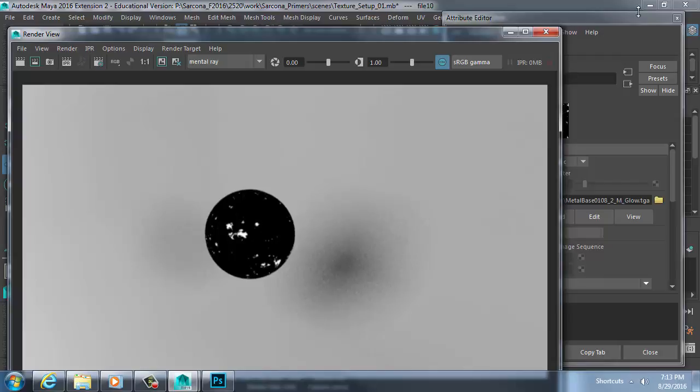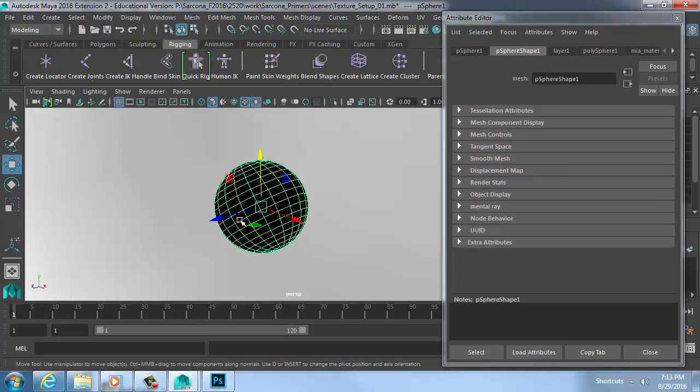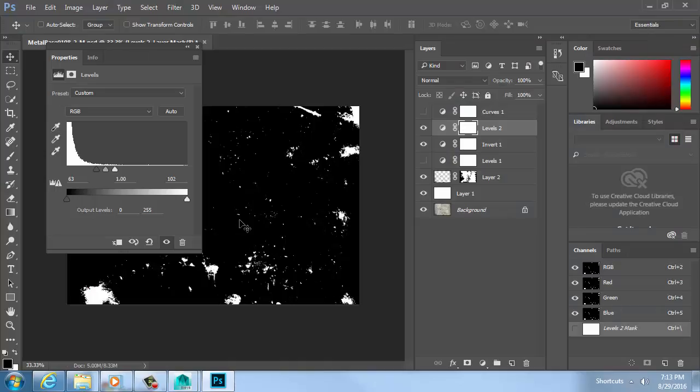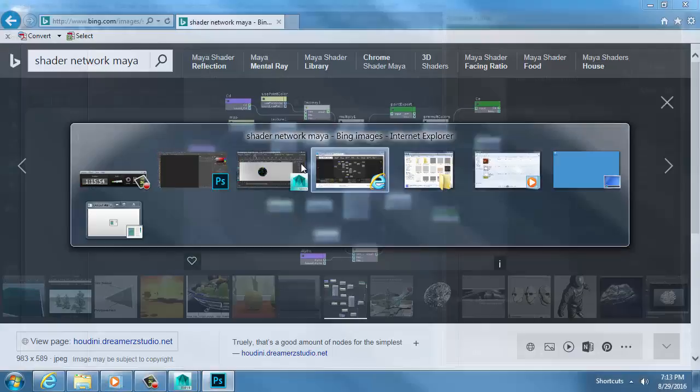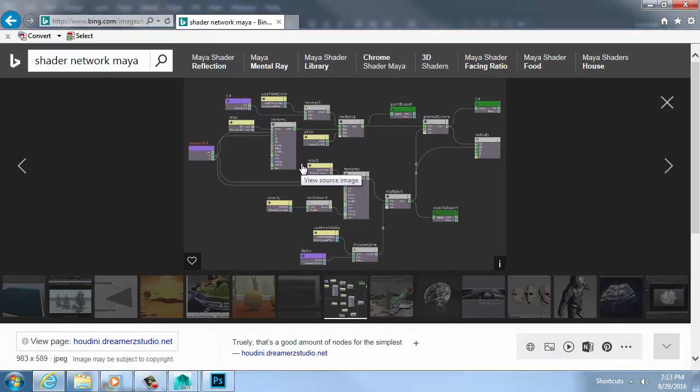Okay? So using these maps smartly by creating them inside of Photoshop and then bringing them into Maya is the key. That's the workflow that we're trying to get through. Okay? So make sure you're understanding all of that stuff. The lecture that I just did is